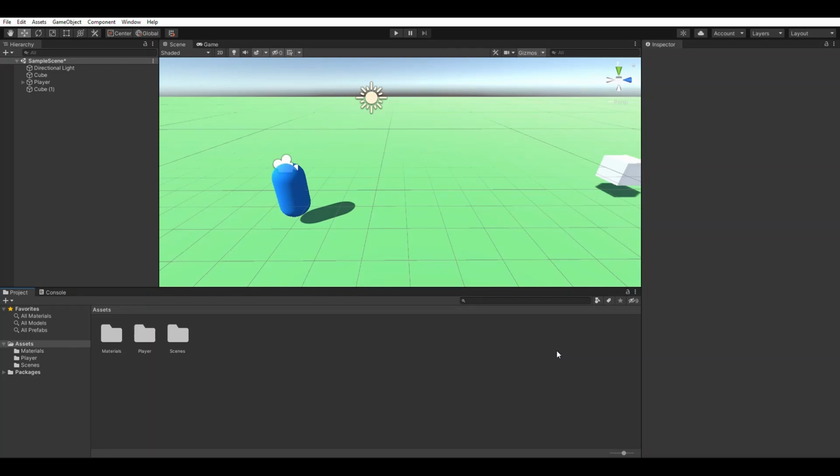What's up everyone, today we're going to be making an enemy follow script that is based on rigid bodies and can be used to make a physics-based enemy. It's super easy to write, super modular, and it doesn't necessarily have to follow the player. It can follow any object that you assign it to, but for now I'm just going to assign it to